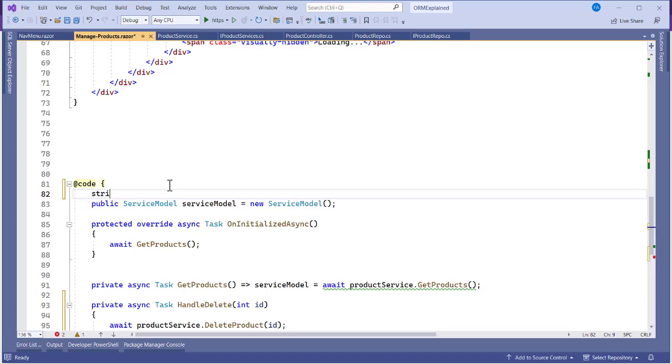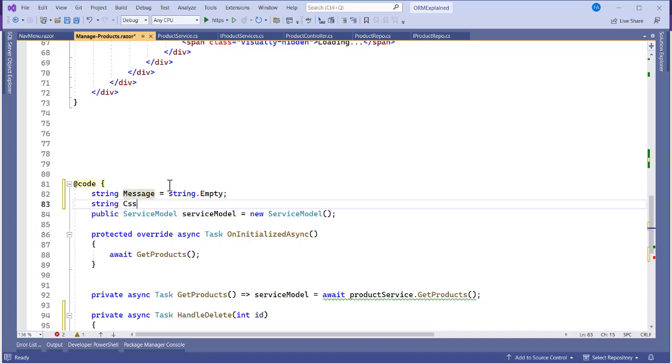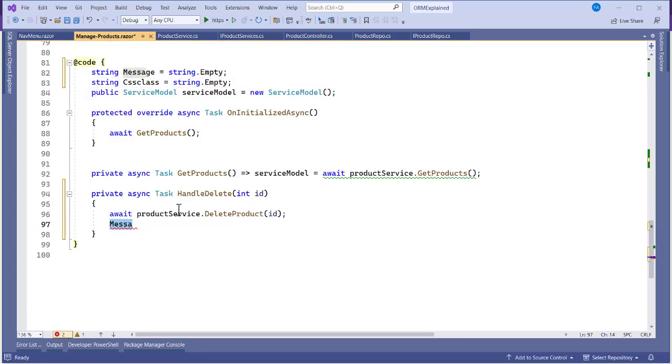So string message is equal to string.Empty. Then string cssClass is equal to string.Empty as well. Now let's set the message of this. Okay, so now we have this. We can store this as var product, and remember that this product here is returning a single product that has been deleted, and this is what we can do. So we can display the product deleted. Okay, so message,